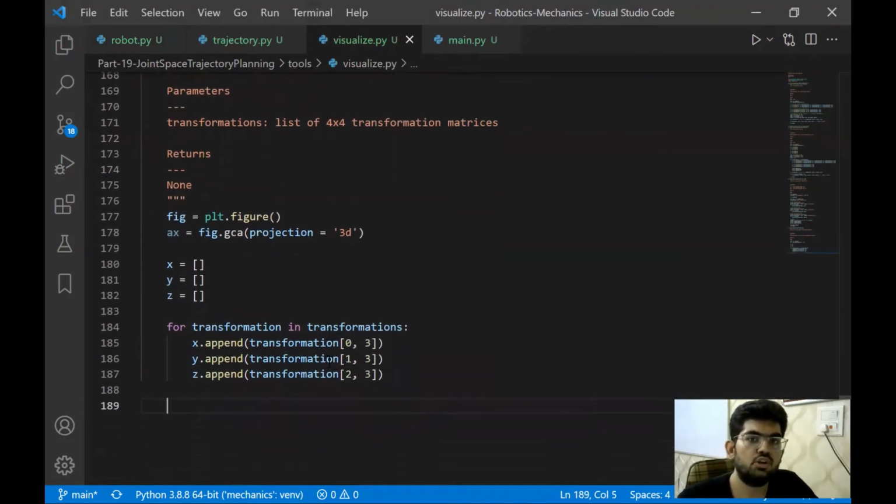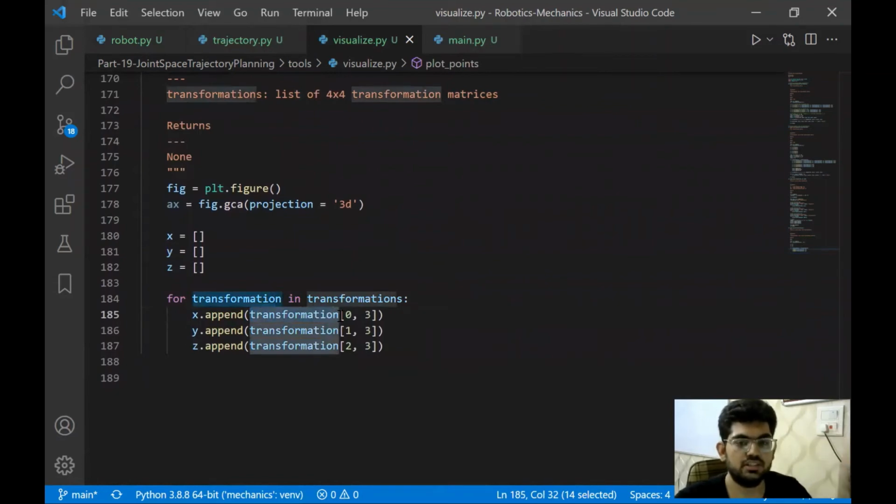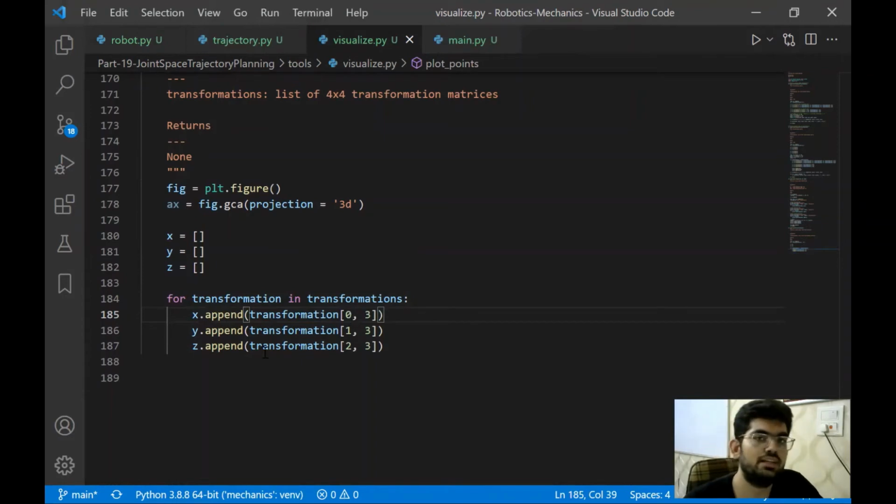This is very similar to what we have done previously. We are using the homogeneous transformation matrix, and in it the X, Y, Z are located in the last column and the first, second, and third rows. So we are selecting those